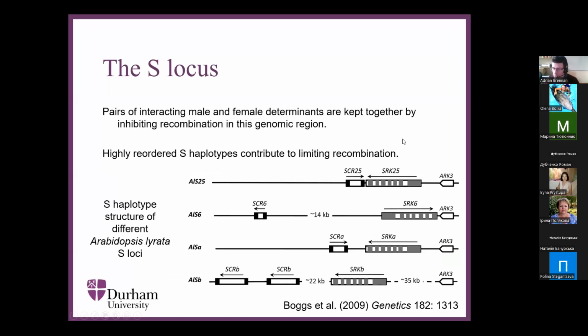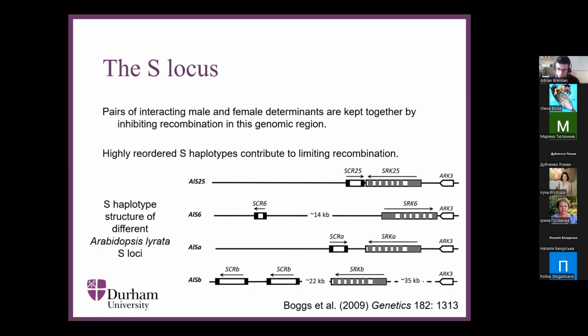So it's very important for the function of self-incompatibility that those male and female alleles stay together on the same haplotype. If they separate, you won't be able to have self-recognition anymore, and self-incompatibility will break down. So beyond being physically close to each other, there's still a small probability that recombination can take place there. But to reduce that probability further, we find that the S locus tends to be very structurally variable.